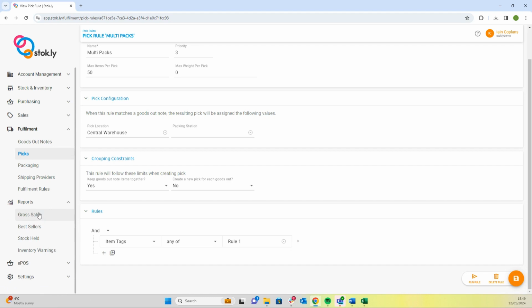Our reports, we've got basic reports, but we also have full custom reports and dashboards through Power BI. We have all our EPOS configuration tools here. And then finally in settings,